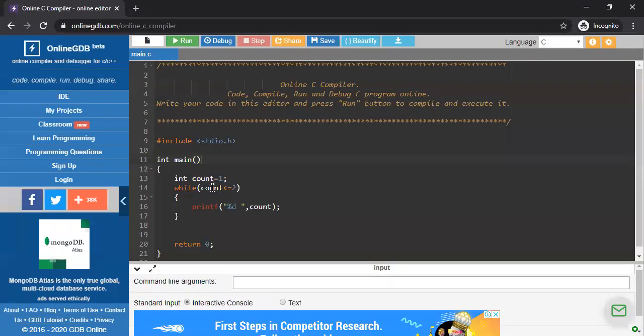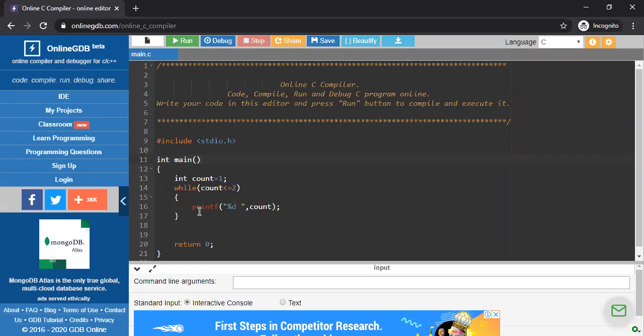I am initializing count with 1, and writing a simple condition, 1 less than or equal to 2, and simply printing the count value. So the compiler doesn't understand when the condition actually becomes false, because I am not writing any statement that would stop the while loop.